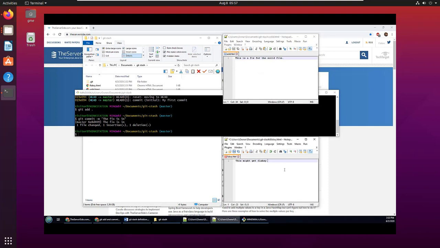But what about this flaky file? What about all those changes that I'd made before, but I'd lost because I had to go in and update this solid file? Well, the good thing is all of those are still available in the stash. So if I go back to the bash command here and say git stash pop,